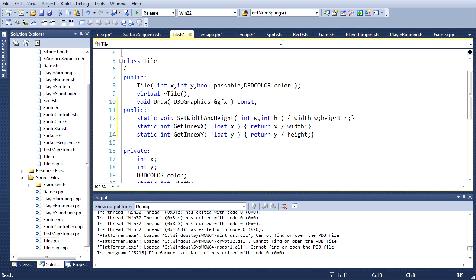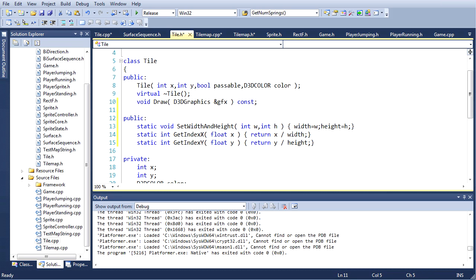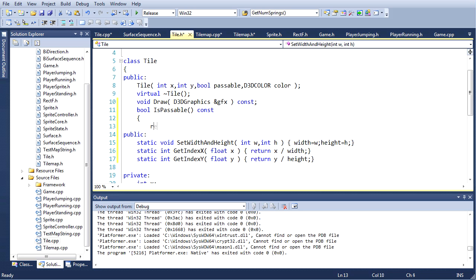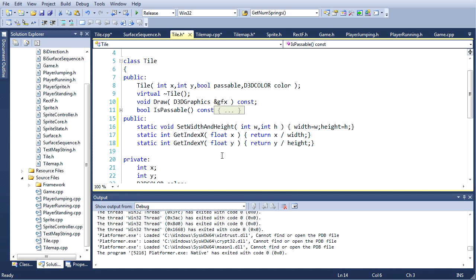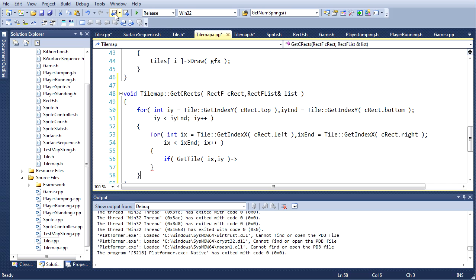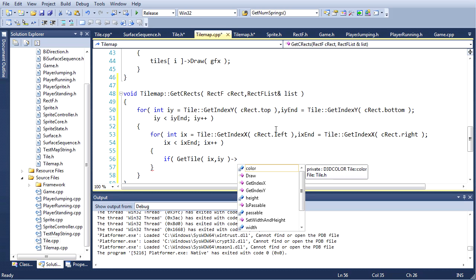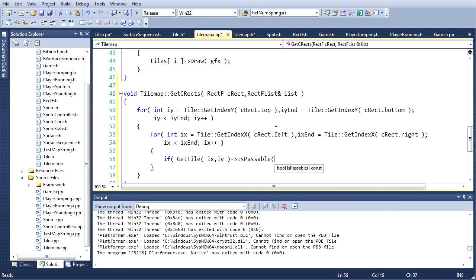I'm just going to make another public section here just to separate these two. These are the statics. These are the non-statics. Okay, we need bool is passable, const, return passable. Wait, is passable? Yeah, passable. Okay. Let's go back. There you go. So if get tile at ix iy is passable,